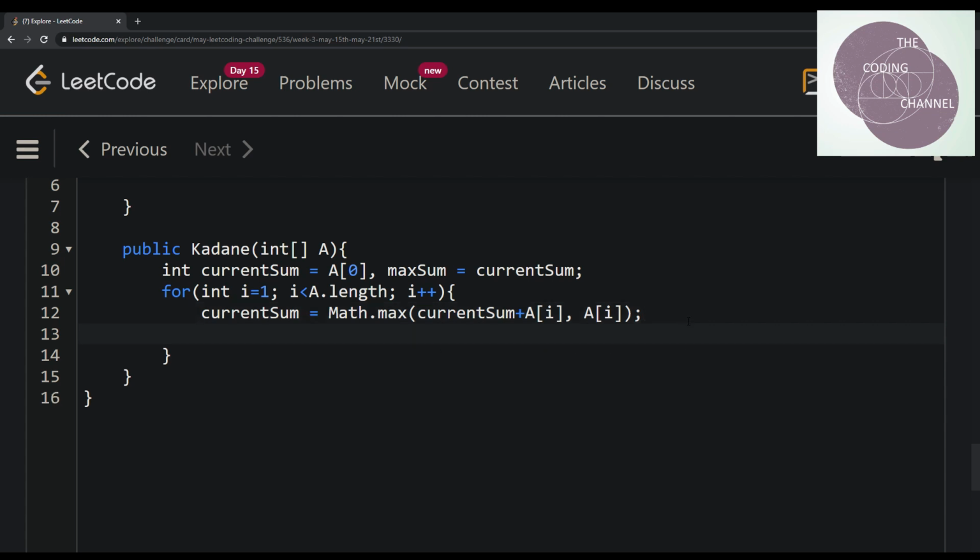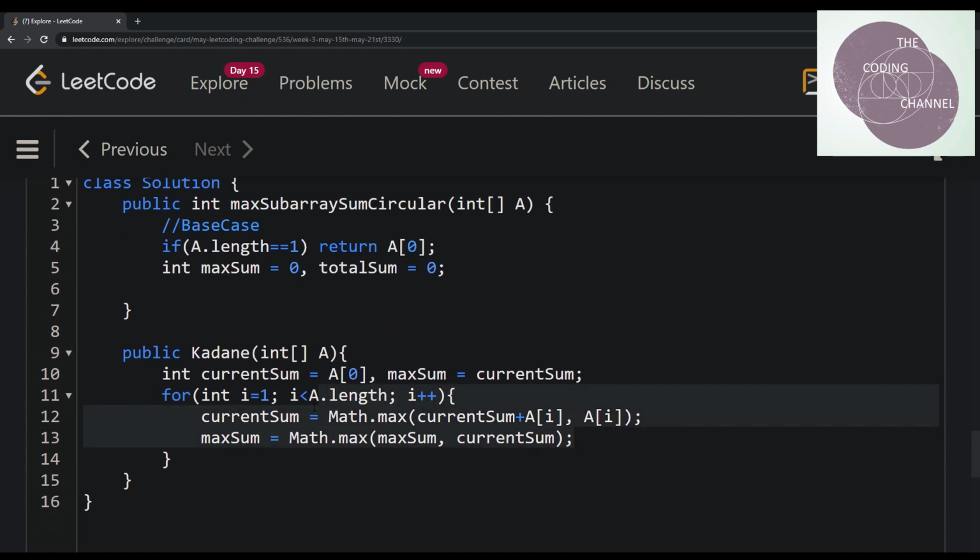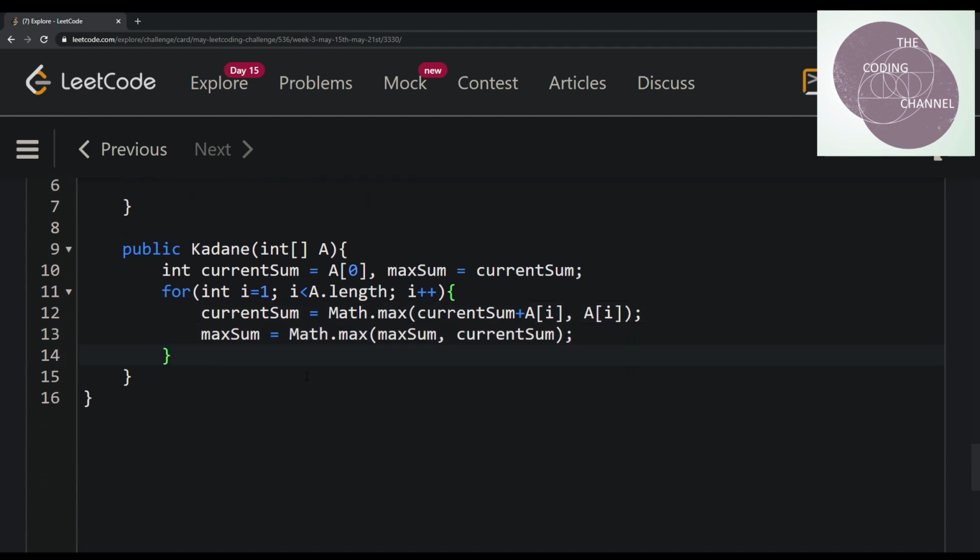Next, we maintain the max sum, which is a max between max sum and current sum. We've already gone through these two steps in the examples before. So now we just have to return the max sum.